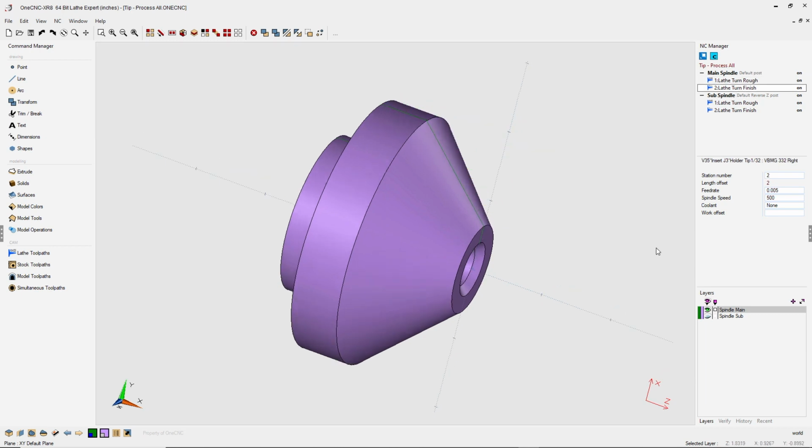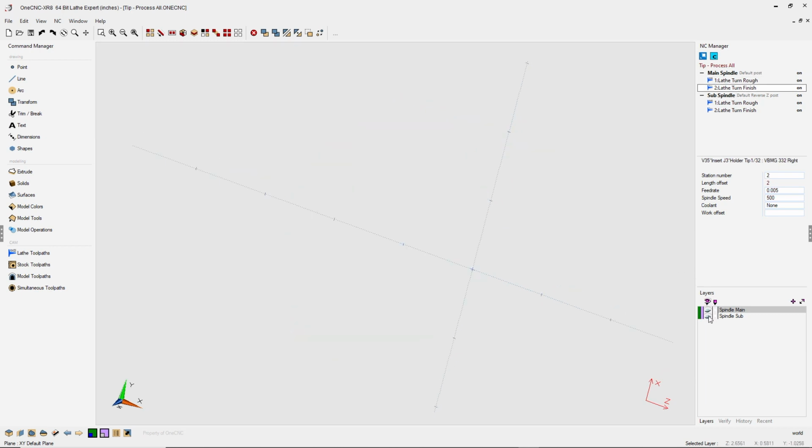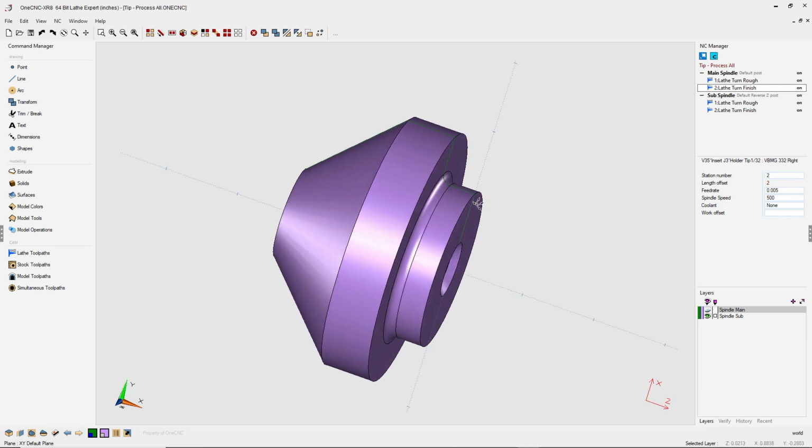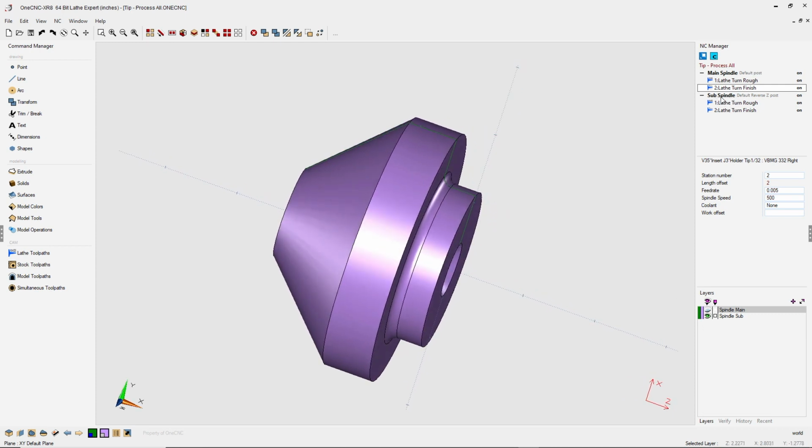All right, now for the sub-spindle, I've just taken the geometry, rotated it 180 degrees, and I've applied my toolpath in a separate toolpath group called sub-spindle, and I performed roughing and finishing. And it should be noted that we're using a separate toolpath group because we're using a separate post processor for